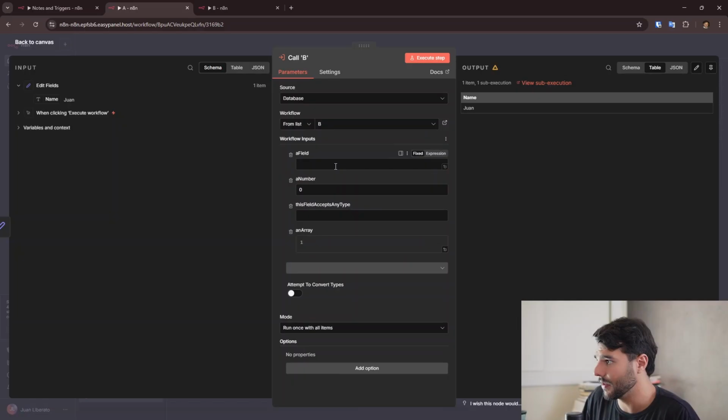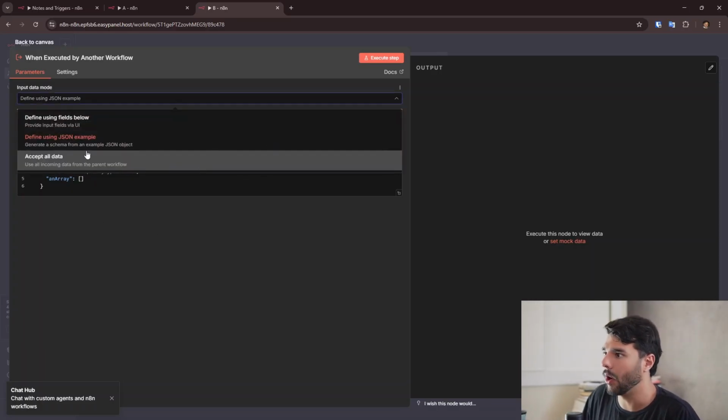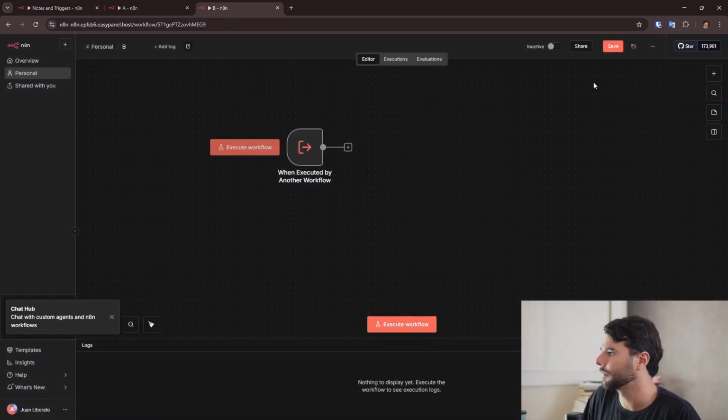And you can see field number just like is at the JSON. You need to understand a little bit of code to use the JSON option here, right? Let's accept all data for a while. Okay,